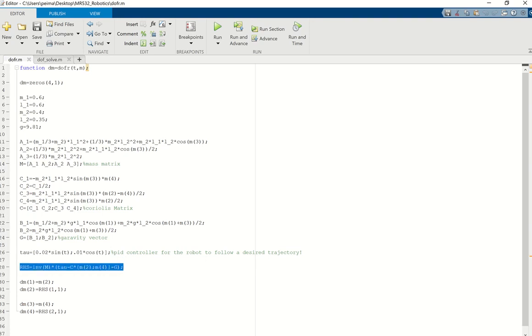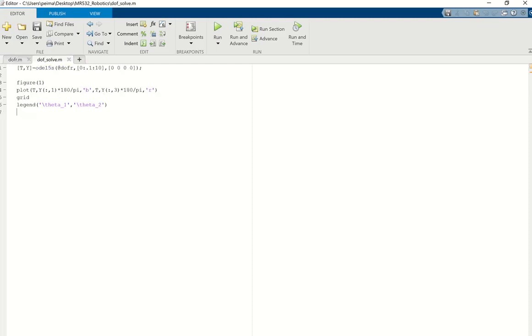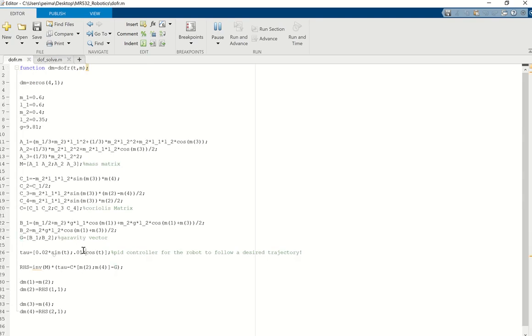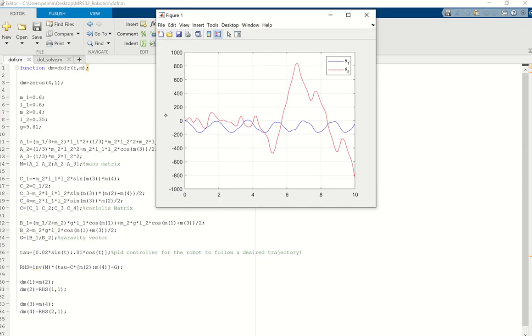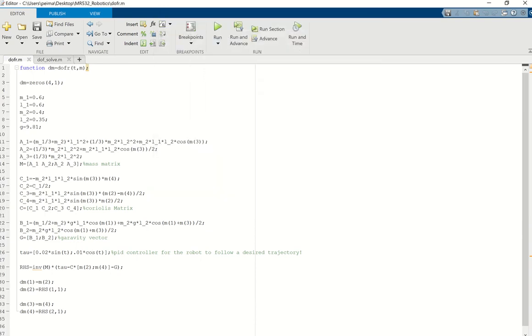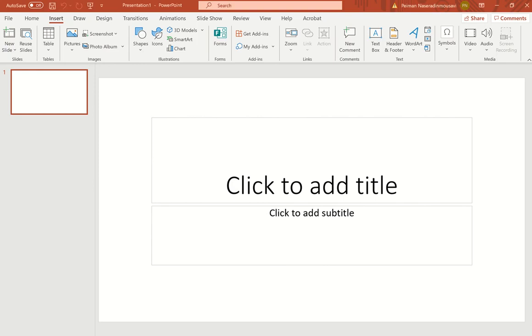And the right hand side, as in the previous class, is the inverse of M, the torque vector tau, and the Coriolis matrix C, Q dot, minus G. And these are the state variables. If I run it again, you're going to see what we get by giving some harmonic torque. This blue line is for theta 1, and this one is for theta 2. That is funny, but we use the robots, okay,